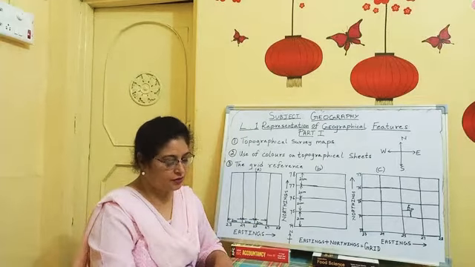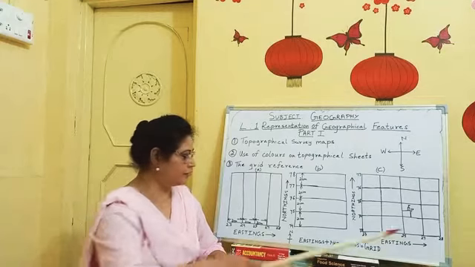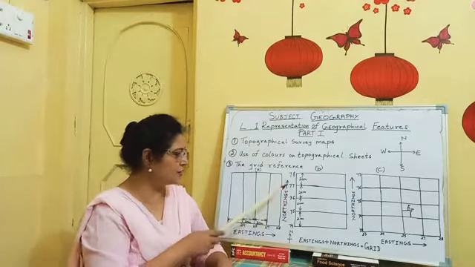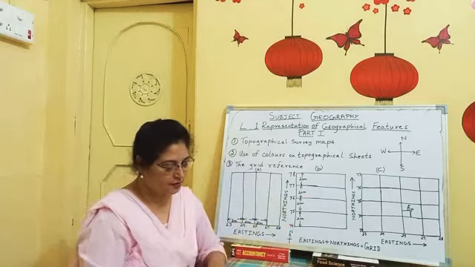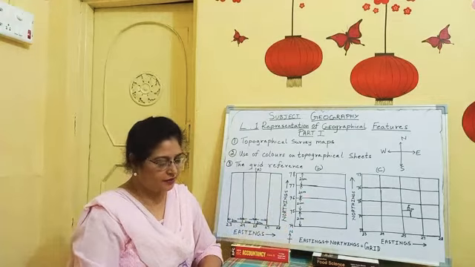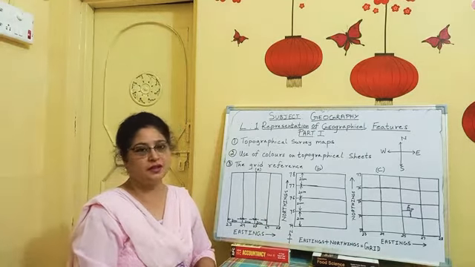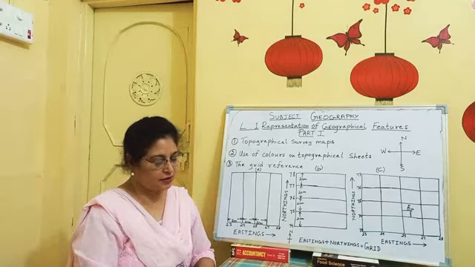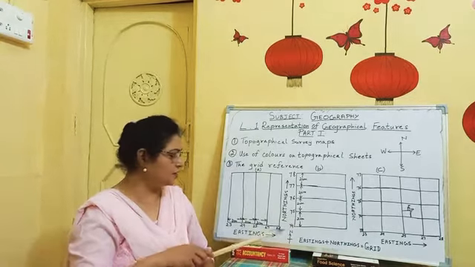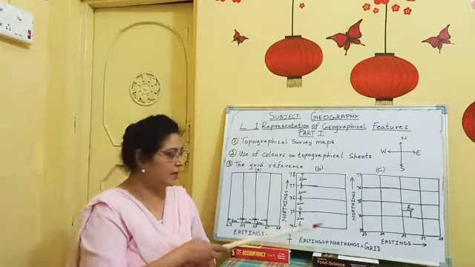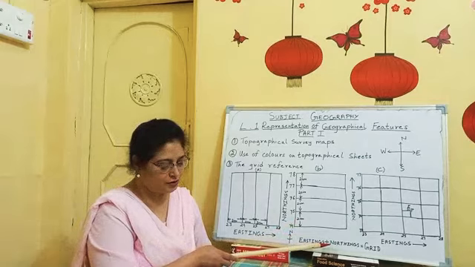Third point, northings are always read to the north of the origin. As they start from the south and go north, they are known as northings. While giving a grid reference, eastings are always stated first, followed by the northings. So when we are reading the grid, what do we do first? We always take eastings first and then the northings. The reading of the eastings is taken first and then the reading of the northings together.